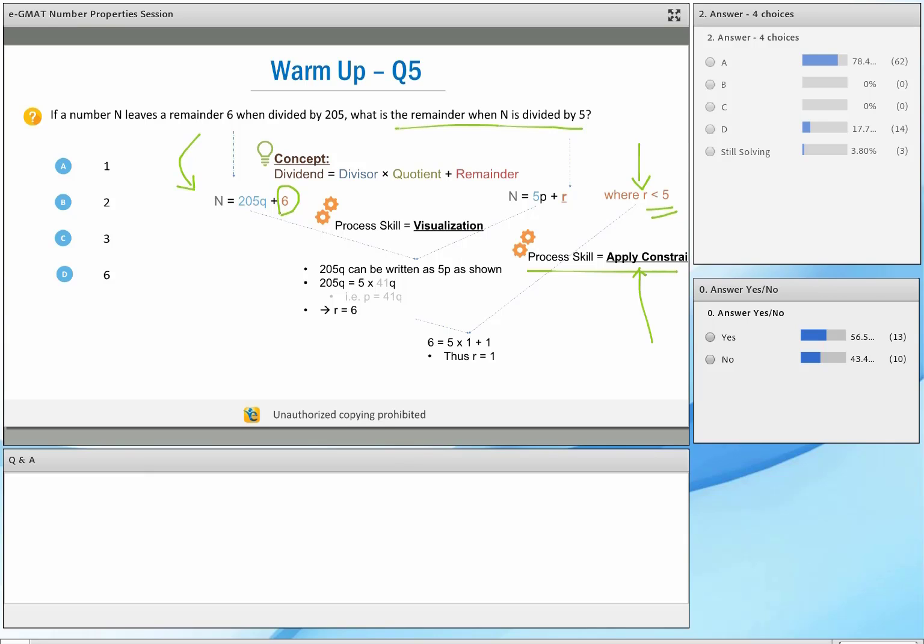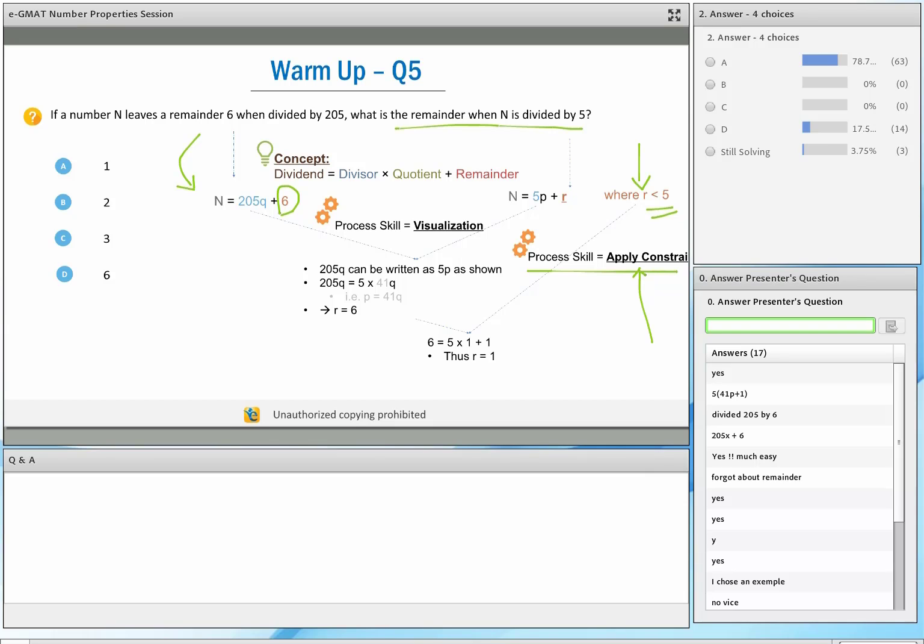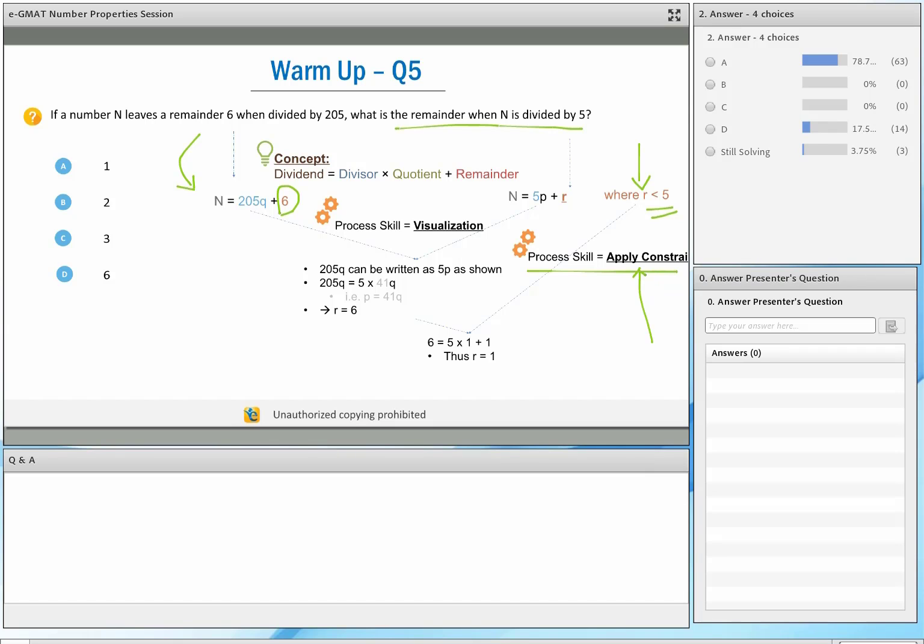Now, when you classify this mistake as I failed to apply constraints, you're giving that mistake a solid name. That name has a corrective action: you failed to apply a constraint. Now, next time when you solve a question, you would consciously look for constraints. Okay, that's the beauty of being able to apply process skills, of being cognizant of these 7 process skills. Okay, does that make sense?